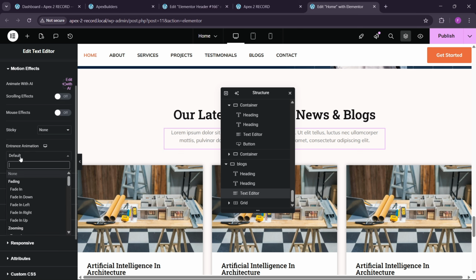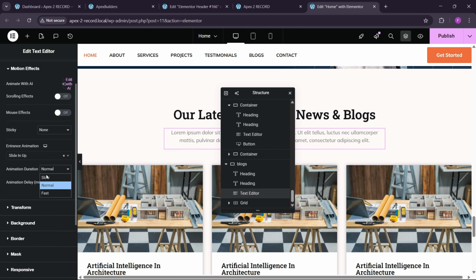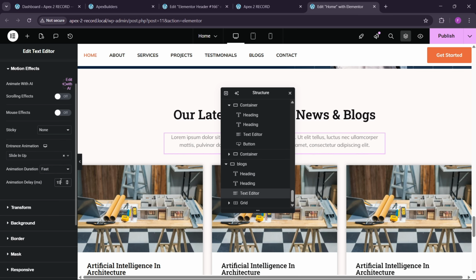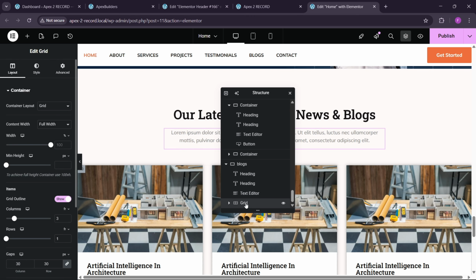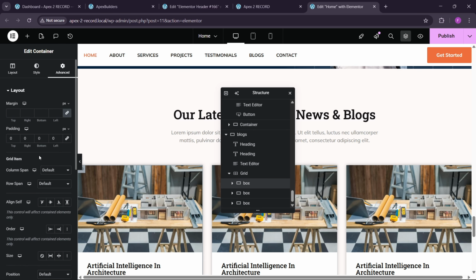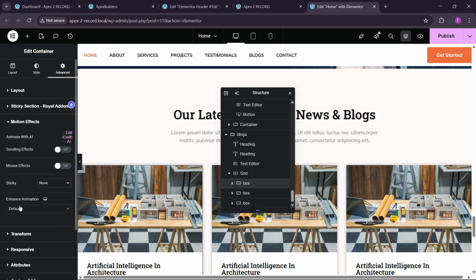Here also we can have sliding up. And here also we can have 150. If I go below, you can see we have the grids. Now in the grids, I will show you how you can put the animation one by one. Suppose in this I want the animation of